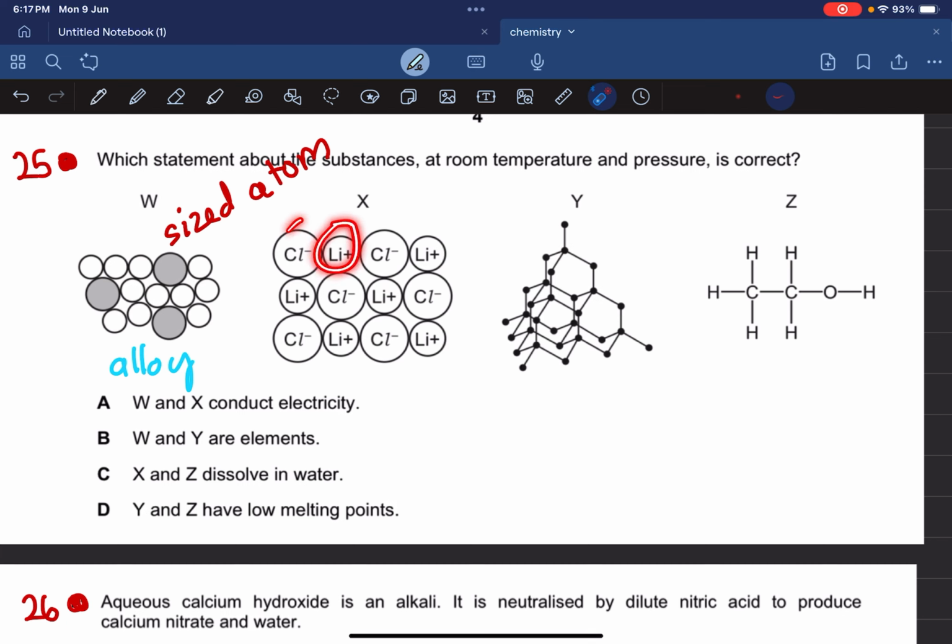This is lithium chloride, and you should know lithium chloride is an ionic compound. I guess no argument in this. Negative ion, positive ion, ionic compound. Y is going to be definitely diamond. Many people do not